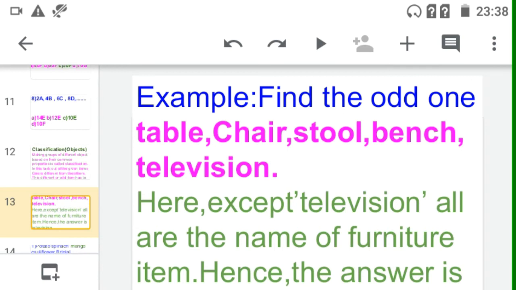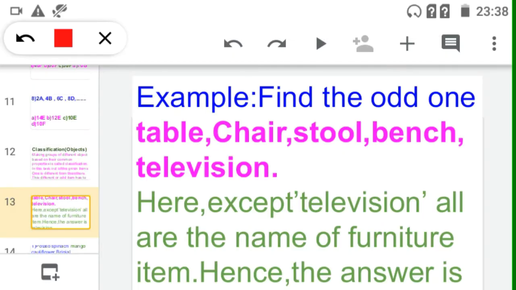See, first question means first there are given numbers, means things are given. So in those things, which is the odd? Odd means different. Which is having different properties from other things.